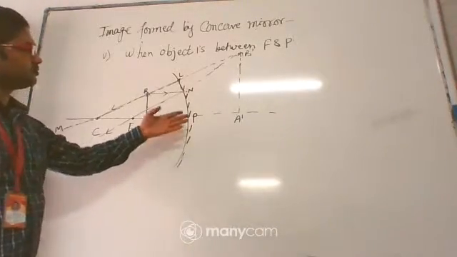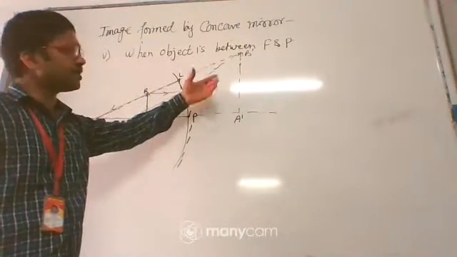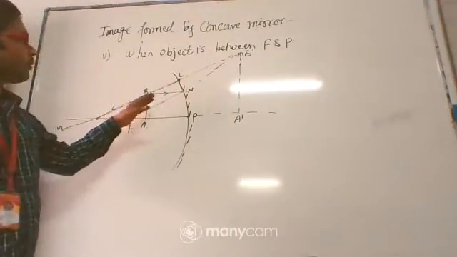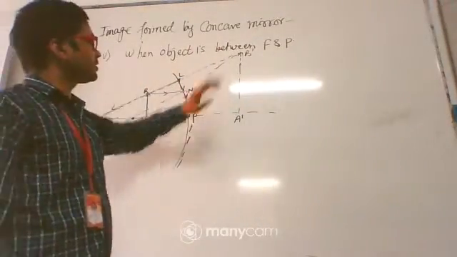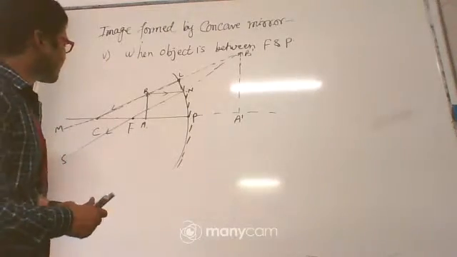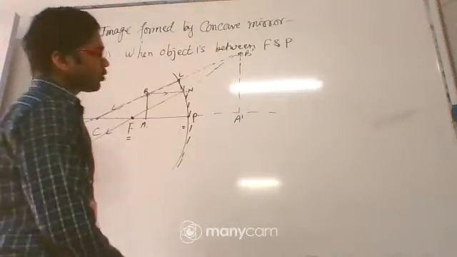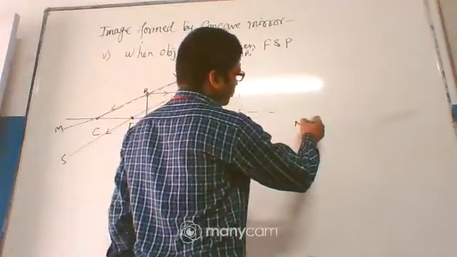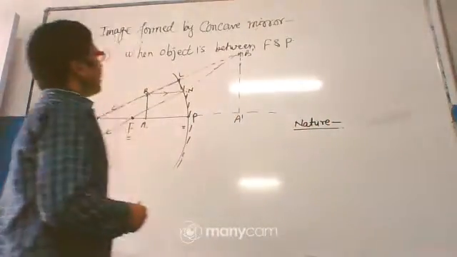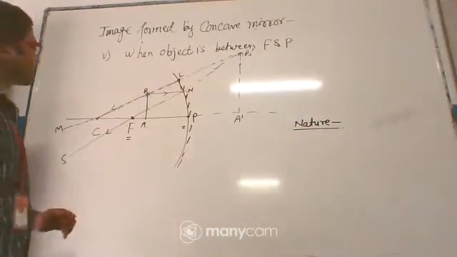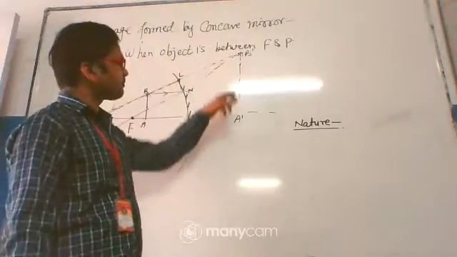So you can see here, this image is actually virtual, because in reality there is no intersection between the two rays, but virtually they intersect at some point B dash. So this was the position of the image in this case when the object is placed between F and P. So now you are ready to write the nature. Let us write the nature of this image. Let me repeat the things because this is a very interesting case. You can see in this case the image is very large.